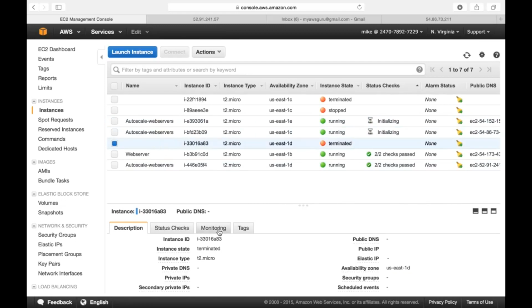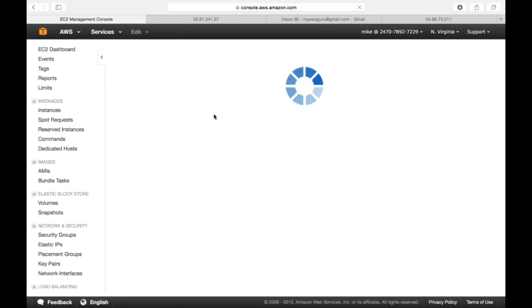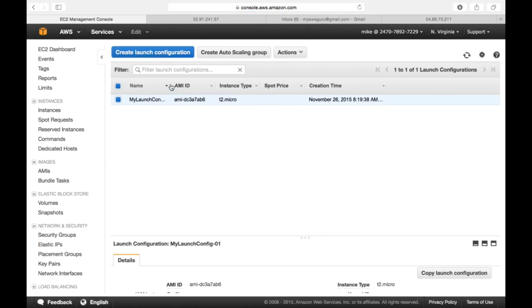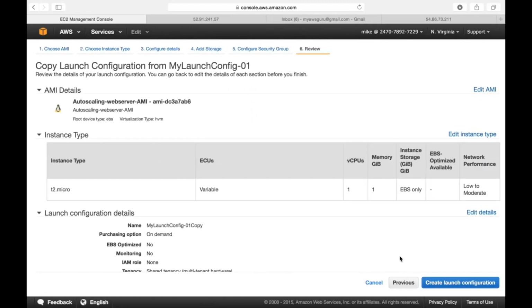So this is the idea of the demo, to walk you through how to create, scale up and scale down. There is one other thing I would like to cover quickly. Let's say you have a launch configuration here, the default one. Let's say you wanted to upgrade your OS patch or application patching. You can simply go here and take a copy of your launch configuration, create a new launch configuration, and edit and update, change the AMI. Let's say you build another AMI with the latest OS or latest Apache or Tomcat or anything. So change the AMI and create a new launch configuration,